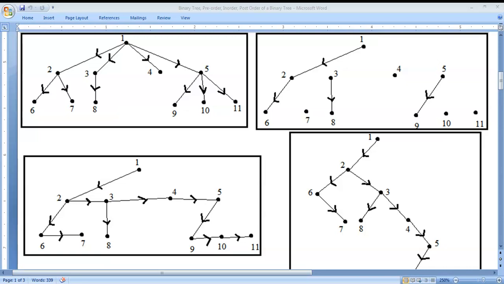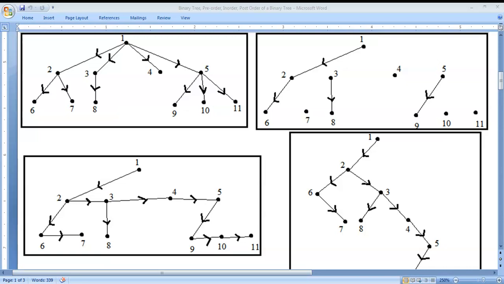So according to the procedure, a directed graph is given. From that, you need to remove all the right edges as shown in the second box. From the second box to the third box, you need to join all the adjacent vertices with the help of an edge. In this process, there should not be any cycles. So I have completed the third box also. Now the final representation of the binary tree.